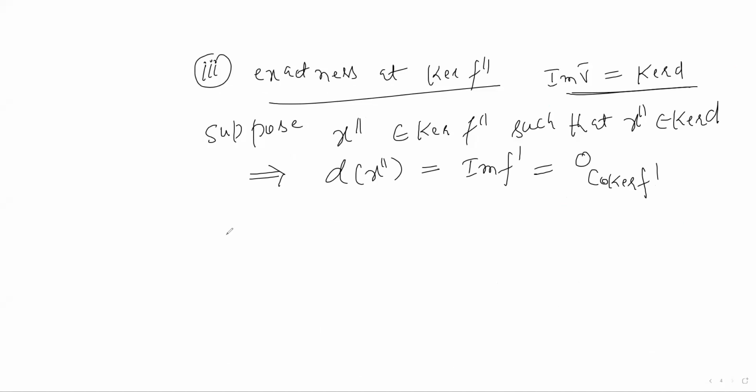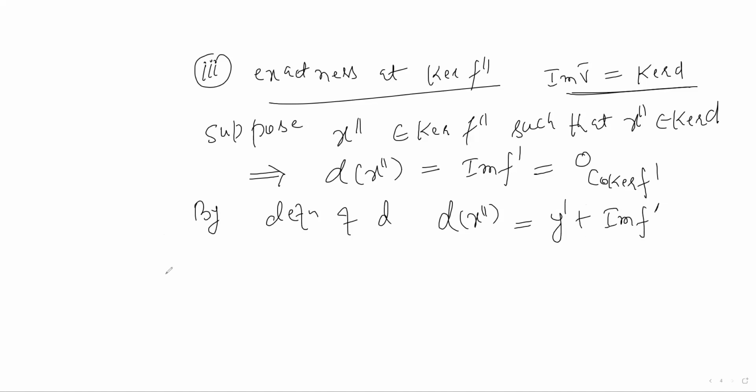But by definition of the mapping d, d bar of x double dash जो है वो आपका है y dash plus image of f dash, where